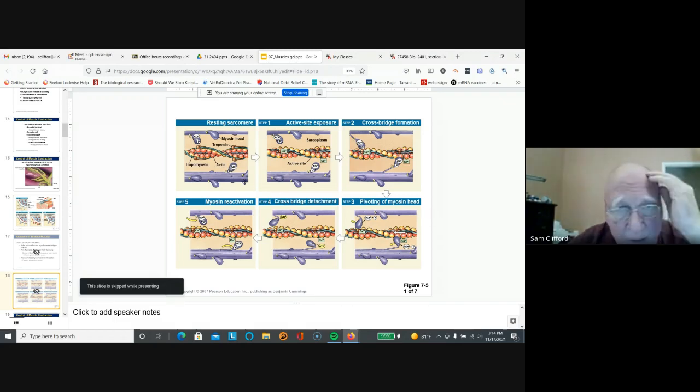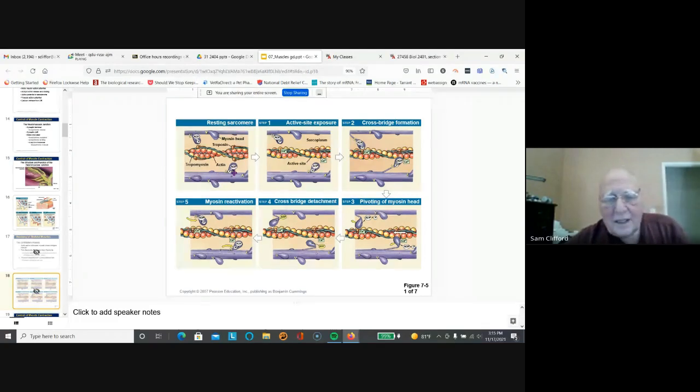Remember, actin is a connection of globular proteins to make a long filament, and it has binding sites on the actin for the energized myosin head after ATP has been around and splits to energize that myosin head. When calcium rushes in all around the myofibrils, the calcium binds to troponin, which causes the tropomyosin to